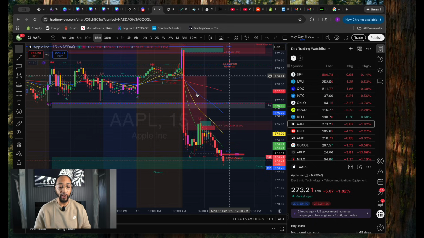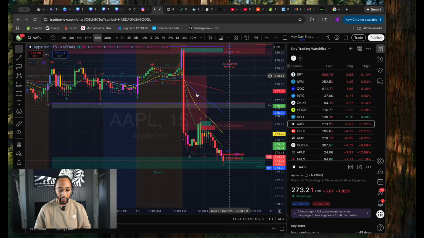or if we're going to reject somewhere inside of the fair value gap, because this whole area is an area of liquidity. So as we see Apple, it came down, it came up and it rejected, came down again, tried to come back up again, came right back down. That's what happened. Let's look at Dell. Where's Dell at? They don't have any fair value gaps, but they're just consolidating today. Let's look at Oracle.